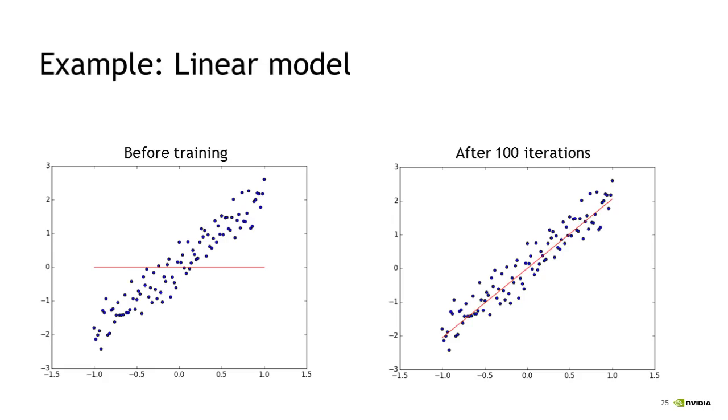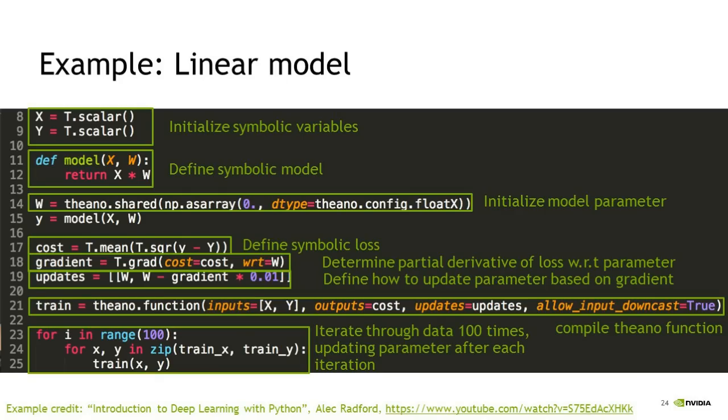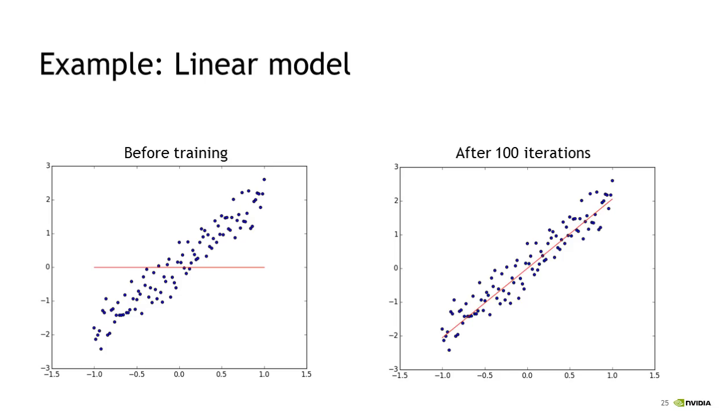And what we find is that before training, I showed that we randomly initialized W to have the value, let me just go back to that, to have the value 0. That was what was happening here. W was initialized to 0. So that corresponds to a straight line, y equals 0x. After 100 iterations, W has become very close to 2, and we have a good line of fit for the data.